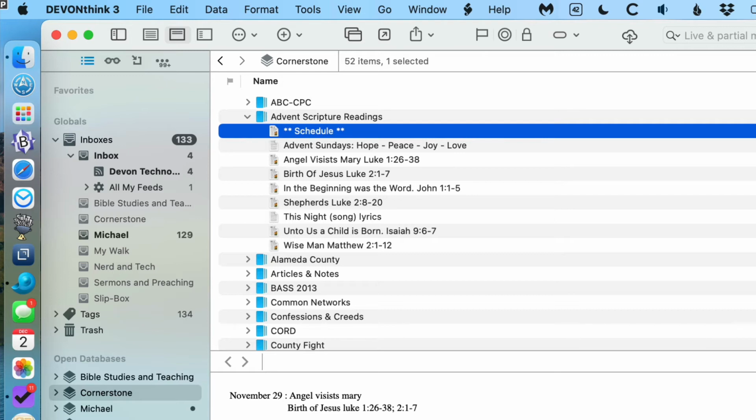So I don't look for what readings we're going to have Sunday in OmniFocus. OmniFocus tells me to come to DevonThink, and then I find the readings here because Christmas comes the same time every year. I can work on Christmas schedule in June if I have the time, and then it is just stored there in DevonThink and it's ready when I need it.